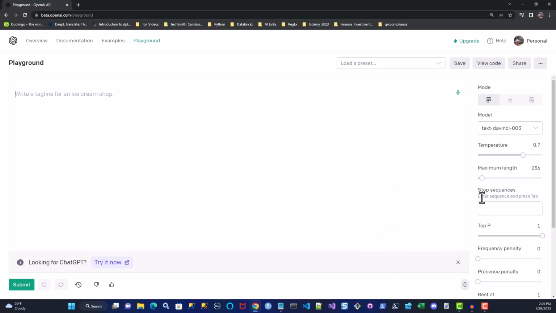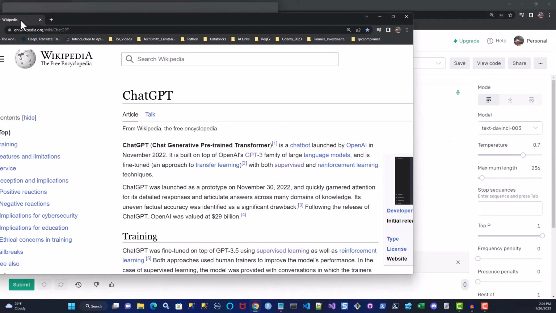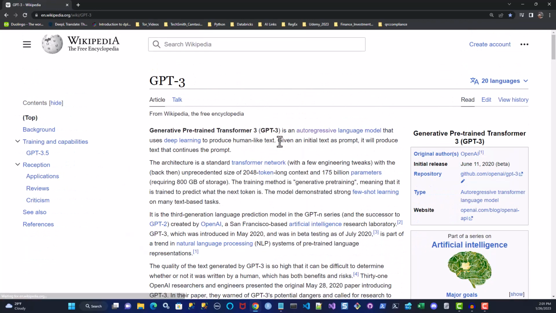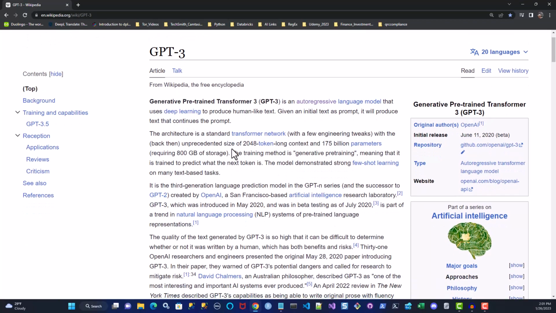If you're interested in learning more about the different kinds of models, you can go to Wikipedia, for example, and look up what is Chat GPT. Here you can see they give you a description of what it is and when it came out and all kinds of stuff. Of course, you can also open up GPT-3 and learn more about that. It's kind of interesting to look at. It can use up to a 2,048 token long context and 175 billion parameters in this model,